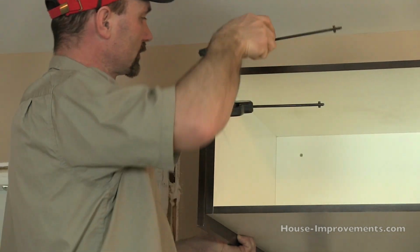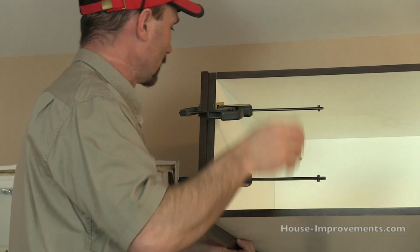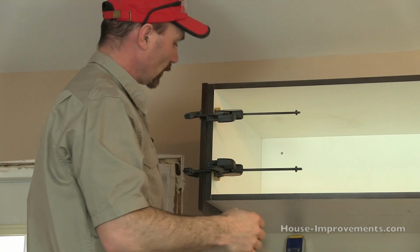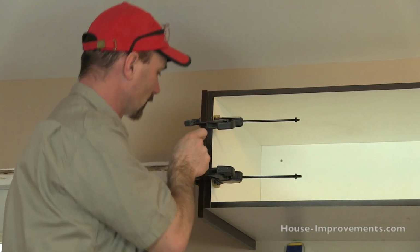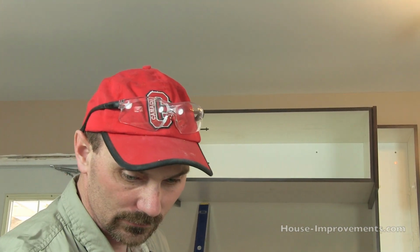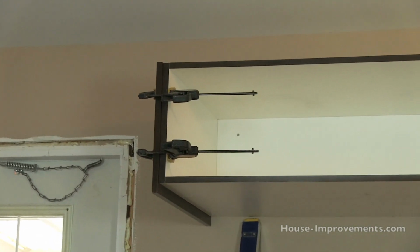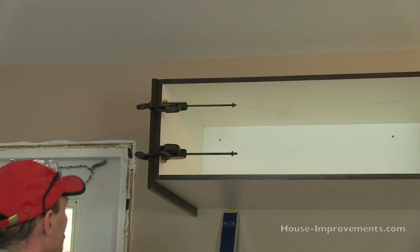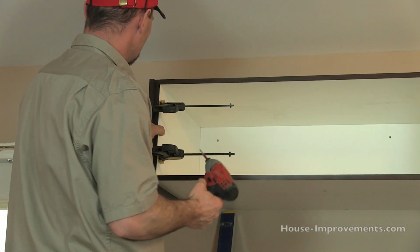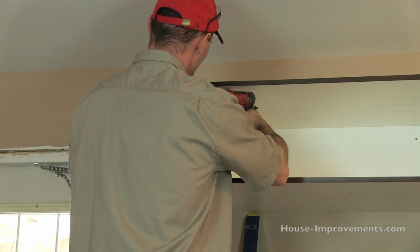Okay, so what I'm doing here, I'm just putting this end panel up flush to the top of this cabinet up here. Just like that, right there. And now I'm going to put some 1 1/8" screws in. We're going through 2 layers of 5/8, which is 1 1/4". And so I'm using 1 1/8" screws so that I don't have an issue with bulging the outer face, because these are obviously going in from the inside. So I like to keep them up fairly high and about 1 inch in from the front edge. And I had marked some spots previously during assembly, so